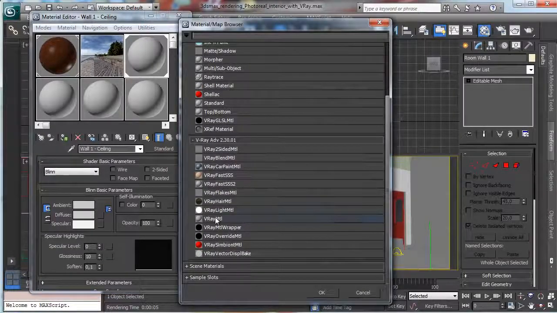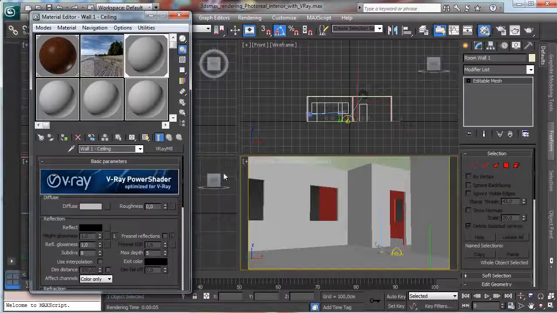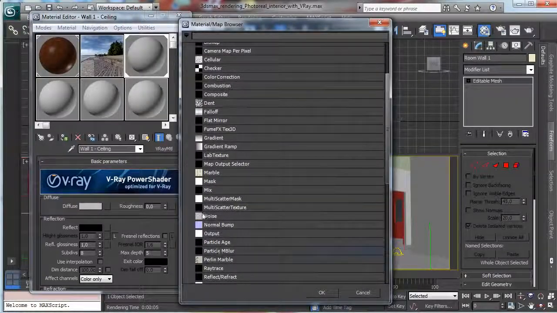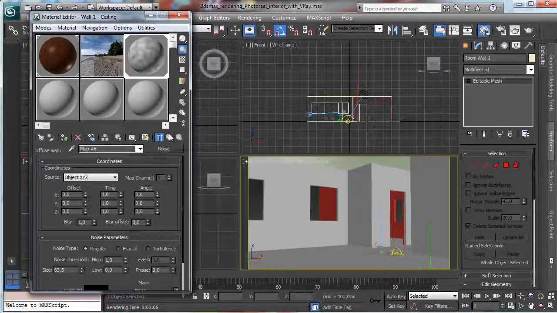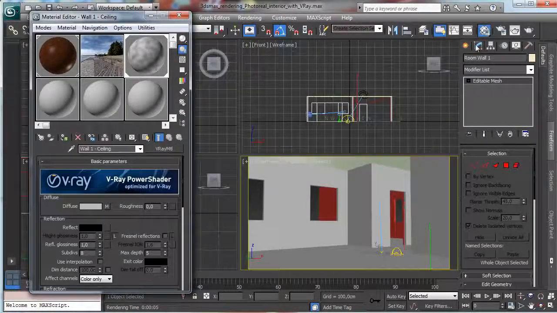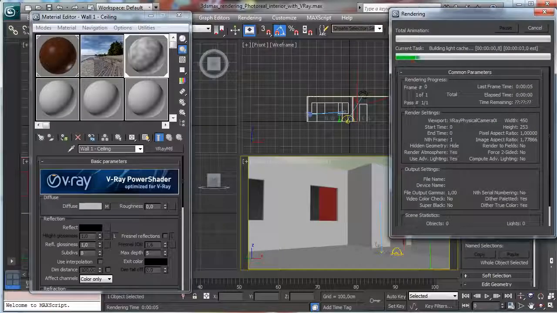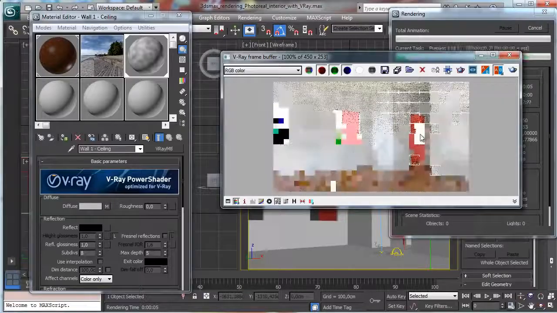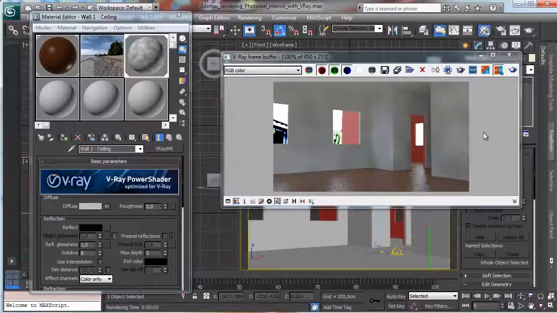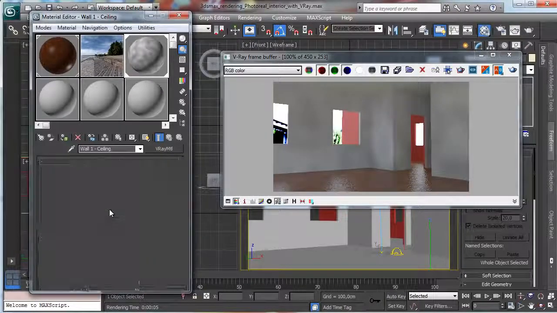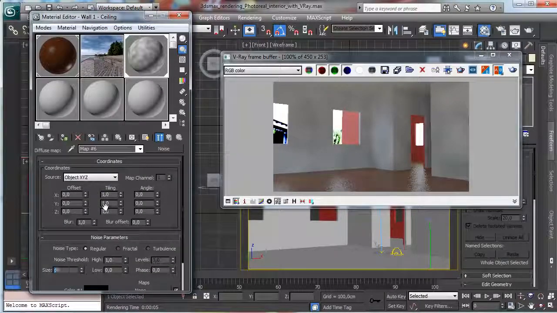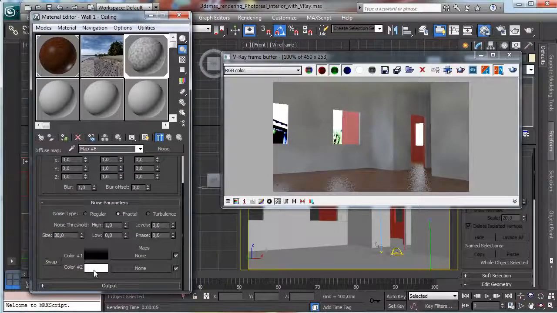Okay, this one will be a V-Ray material. It will be obviously a standard material like this one. Let's say that our color is controlled by a noise, and let's see how it looks. We have to find the right scale of the noise, so you see that it is not so much big, so we go to have a lower scale,